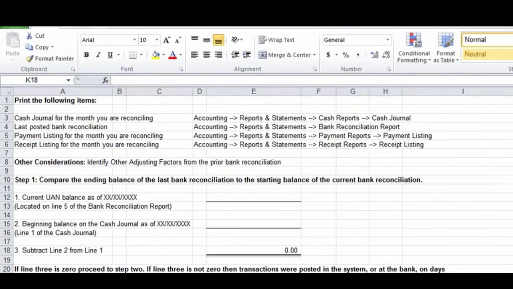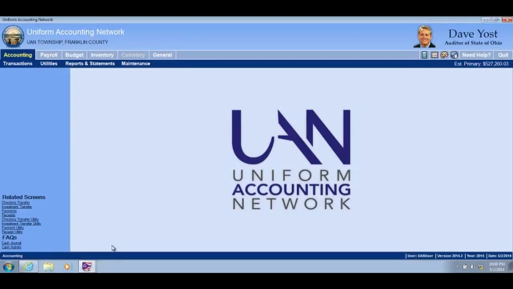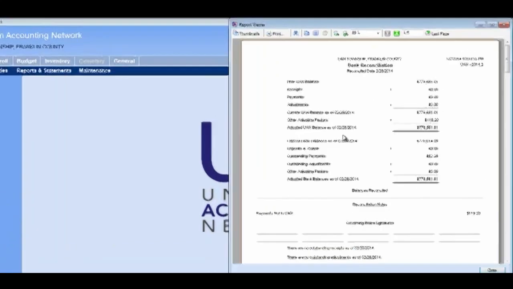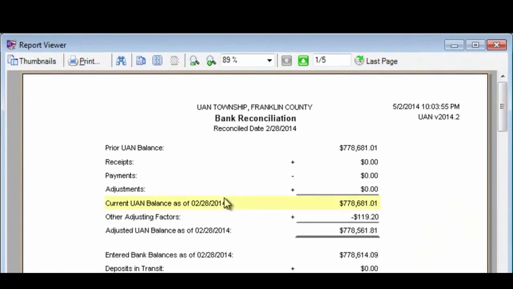Step 1. Compare the ending balance of the last bank reconciliation to the starting balance of the current bank reconciliation. Our current UAN balance, as of our last bank rec date, is located on line 5 of the bank reconciliation report. Go back into UAN. Our bank rec report's already minimized. As you can see, on line 5, our current UAN balance as of February 28, 14 is